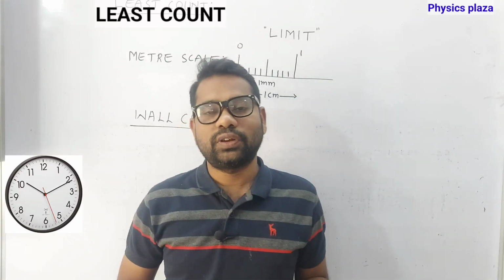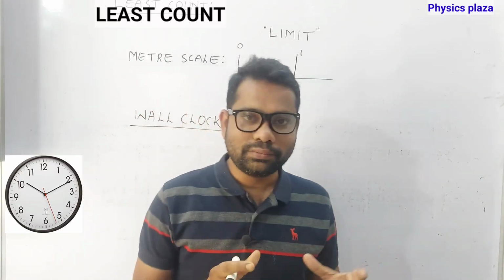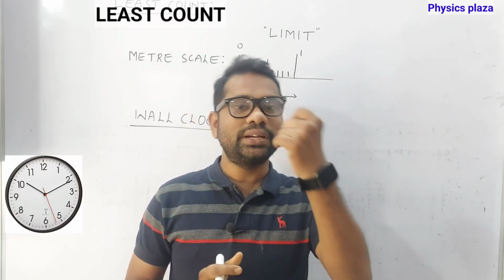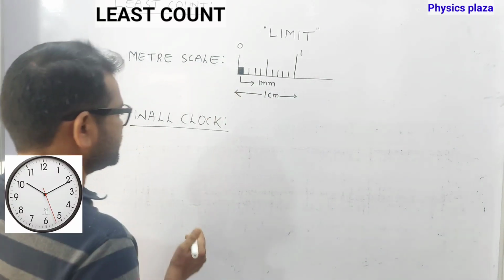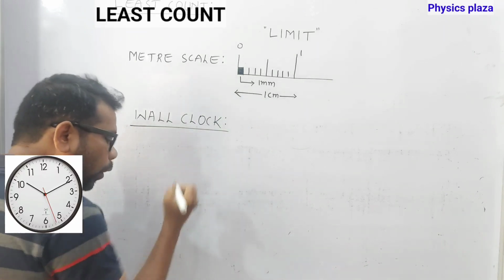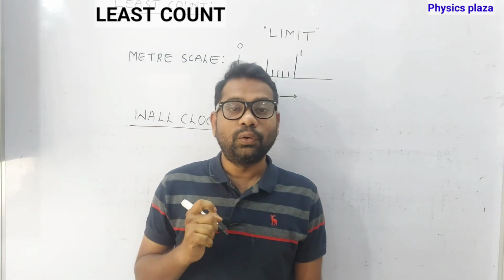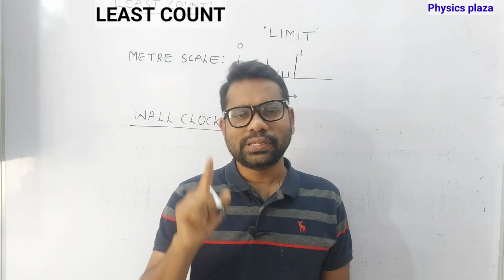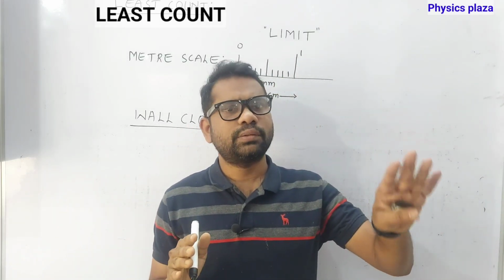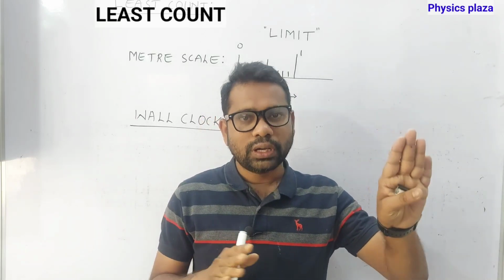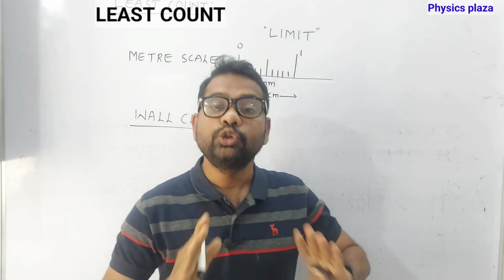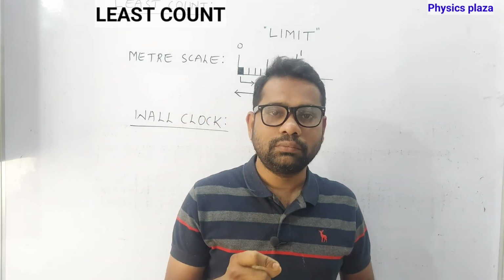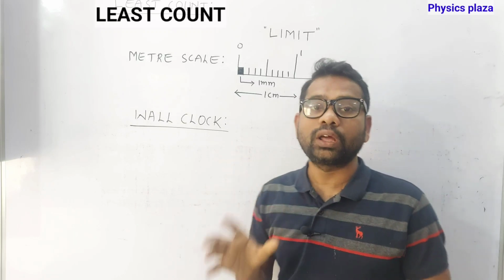So in a wall clock, of course, we can measure the time in hours. We can also measure in minutes. And even, children, you can see that long needle there, with which we can measure seconds also. For example, you can say it's 12 o'clock, 30 minutes, 10 seconds. But my point is, children, can you measure the time by using a normal wall clock